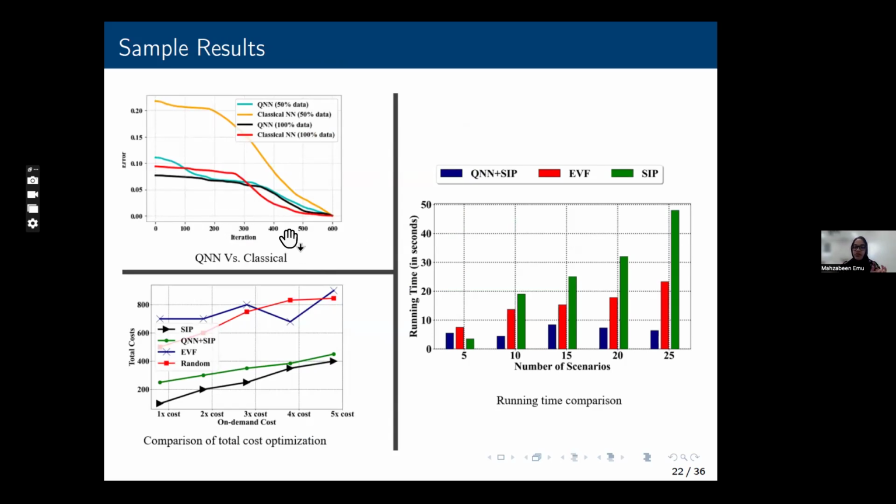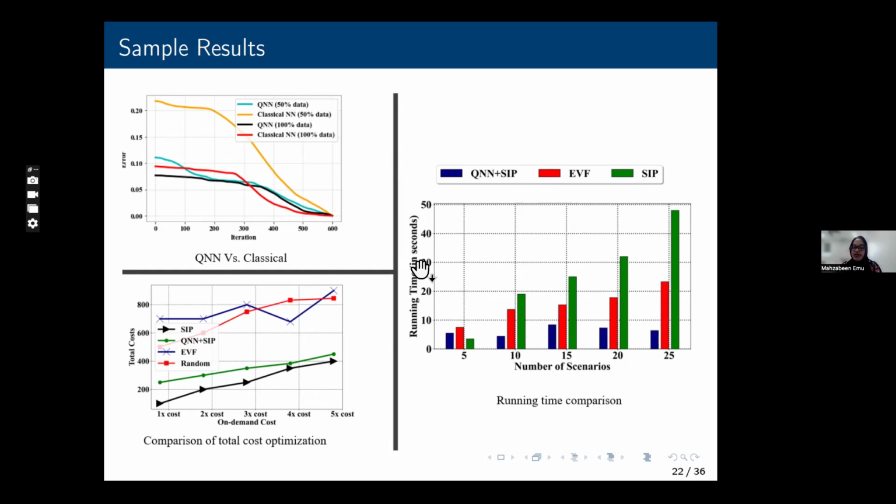Okay, so as per the results, we can indeed see that quantum neural networks have been able to learn better with fewer data. It has been able to minimize error at fewer epochs, which is great. And even under growing uncertainty, we can see that our proposed quantum-assisted stochastic integer programming technique has been able to adapt its strategies. And as for running time, the quantum-assisted technique outperforms all other approaches. We have considered baseline approaches such as EVF and stochastic integer programming approaches that are traditionally used to solve